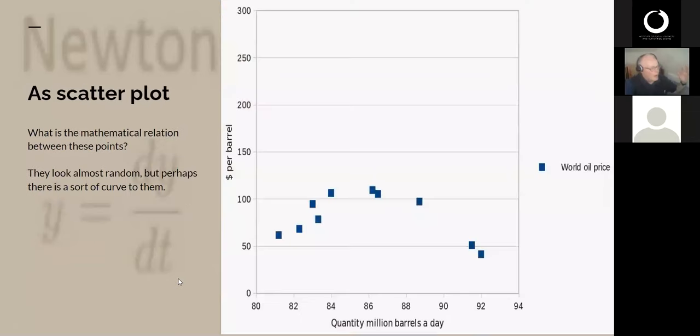Now, if I plot them, there seems to be some sort of vague curve, and at another level, you could say, well, there might be some kind of curve there, that oil price seems to peak at around 86 million barrels a day, and then falls off if the amount of oil produced is less, or falls off if the amount of oil produced is more. Neither of those, of course, correspond to Marshall's theory, but